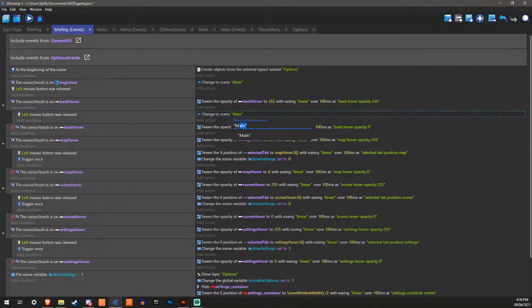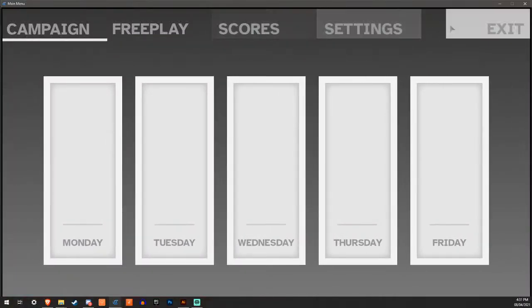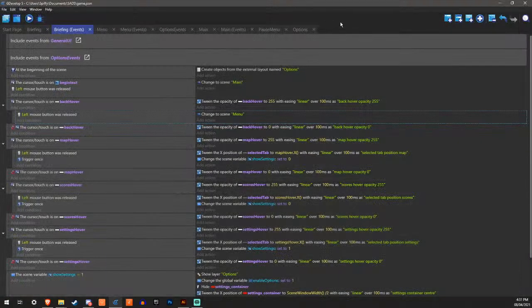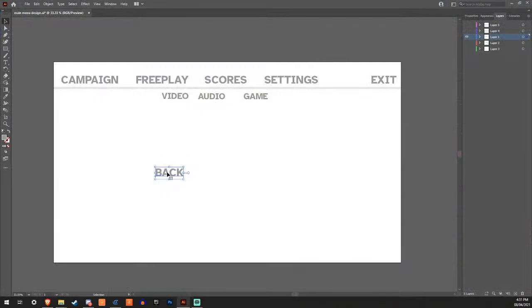Change the scene to menu. Alright, cool. Cool stuff. That looks very nice. Very nice one. Let's do the same thing for begin. Just need a begin text. Good stuff.